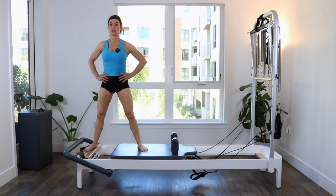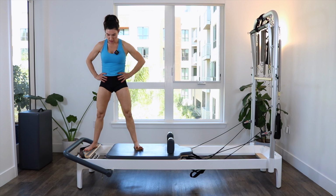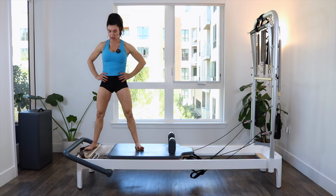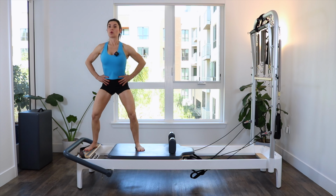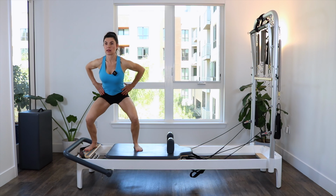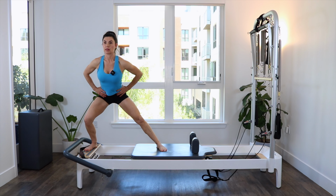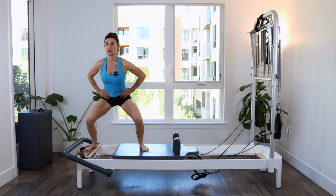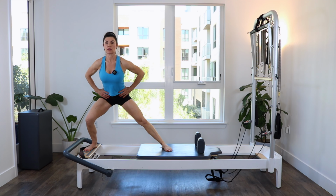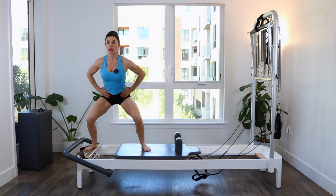All the way in. Now, for some of you, you might need to move your foot in if it's too far away from you. That's completely okay. What we're gonna do is hold that lower position, bring the bed all the way into the stopper, use your standing leg, push out on that leg on the bed. 1, 2, just think about your body is stacked, just like a box here. And 4,